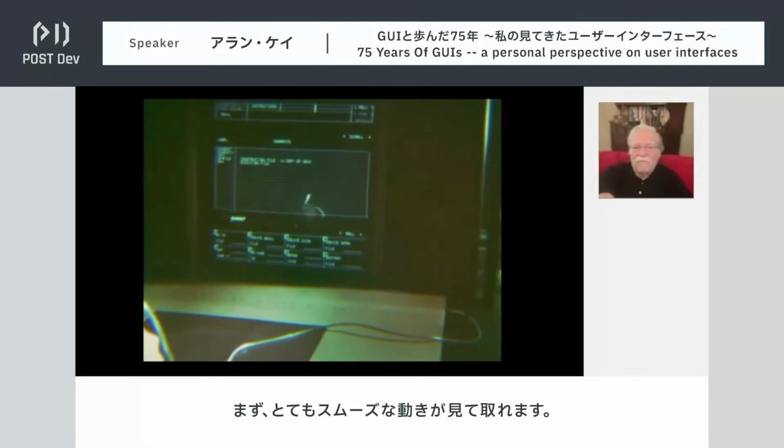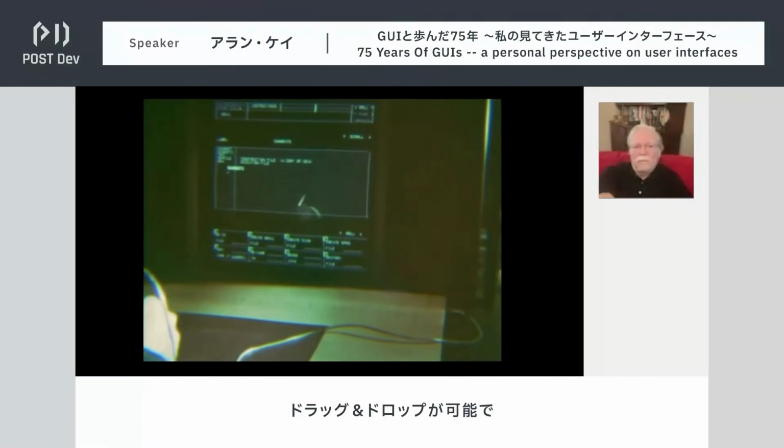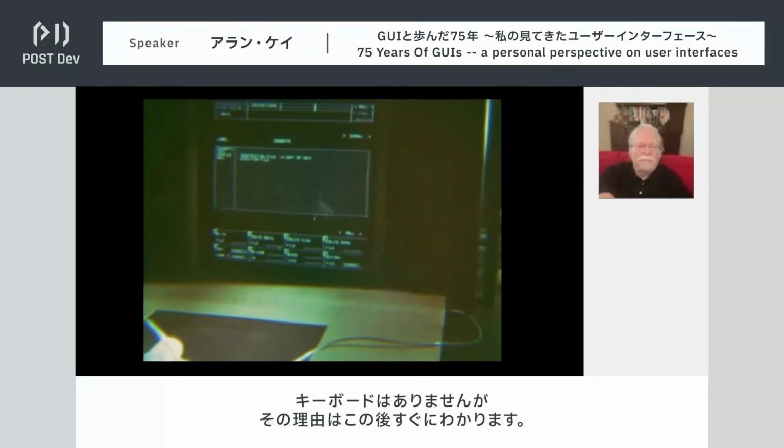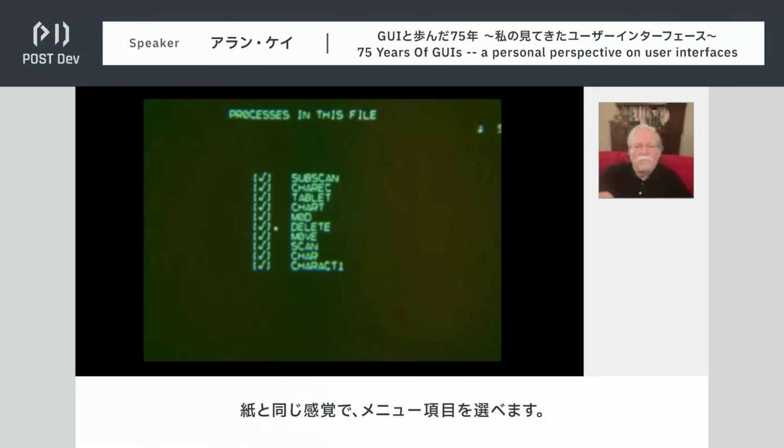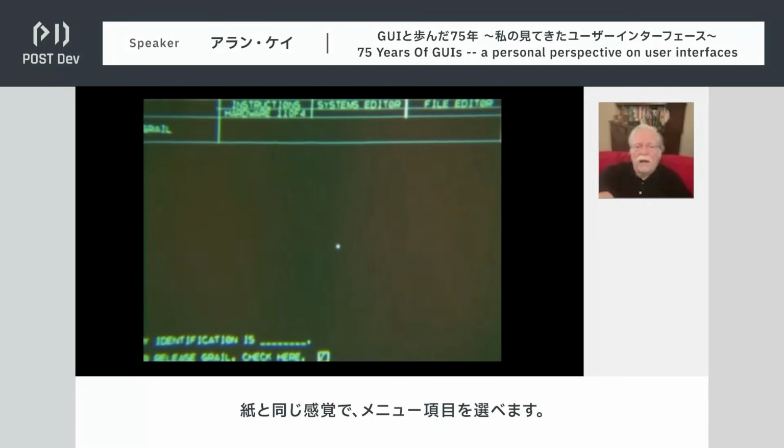So first you see it's got very smooth drag and drop. No keyboard. We'll find out why in a second. Just like a paper. Can point on menu items. Here's what inking actually looks like.